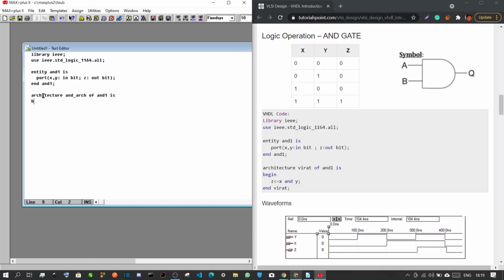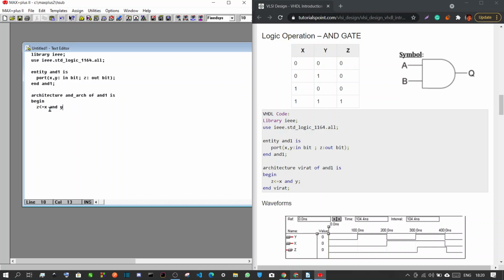Now we begin the architecture by writing begin, and we have to put indentation, press 2 spaces. Then you have to write z less than equal to x and y. Here and is a keyword, right? And basically means and operator, right?